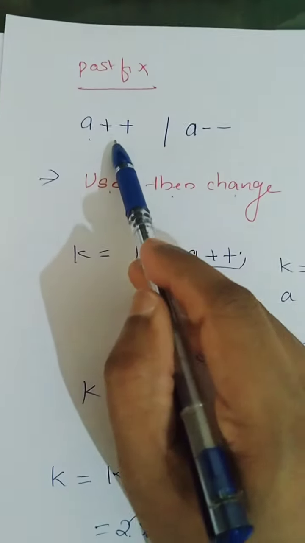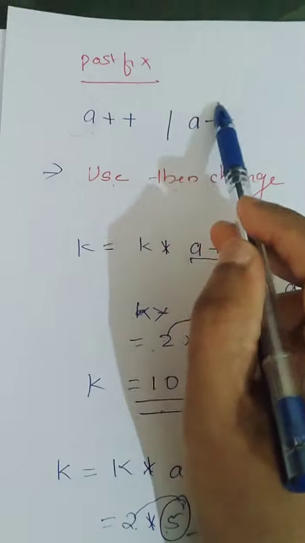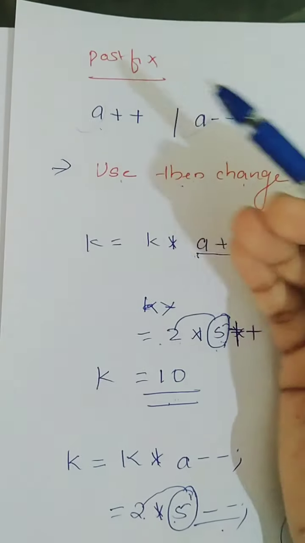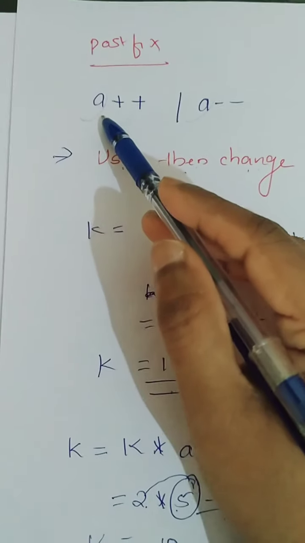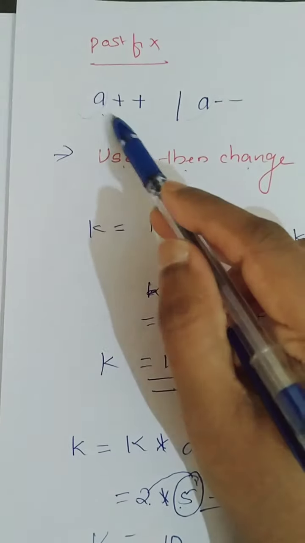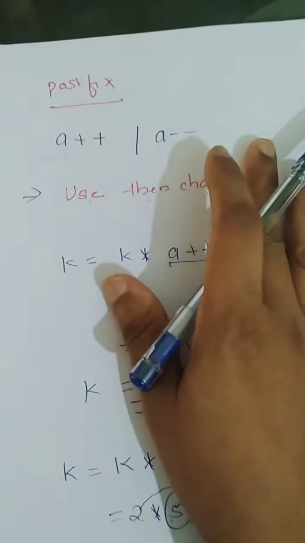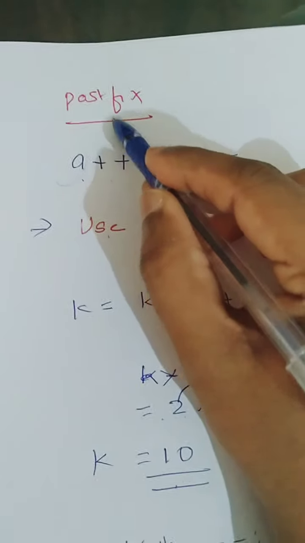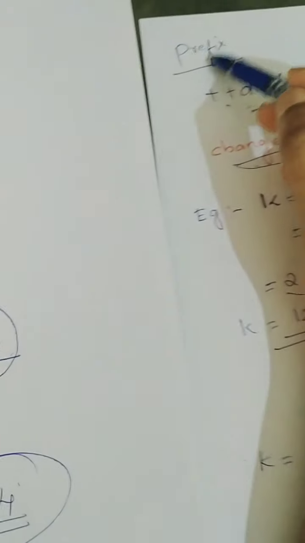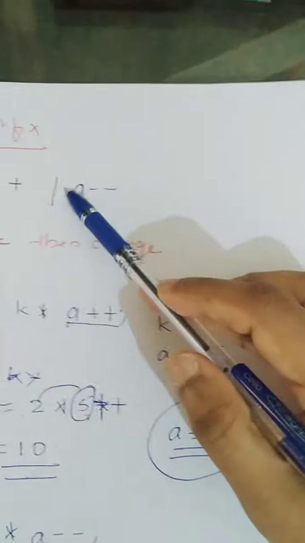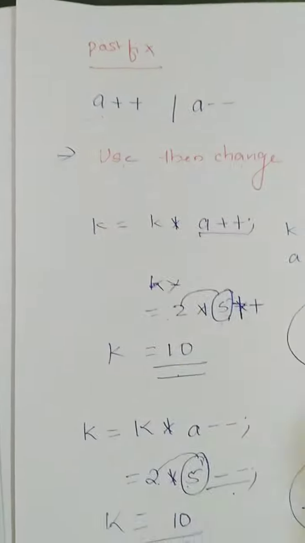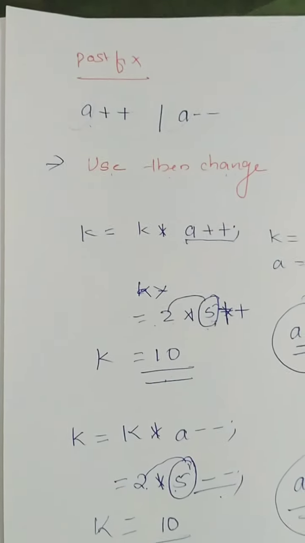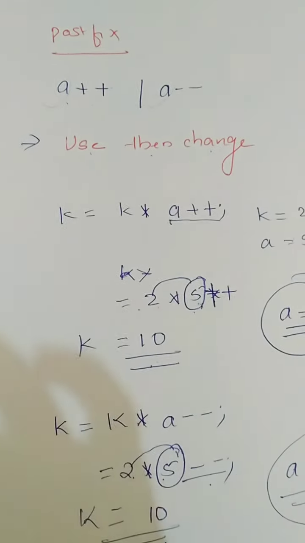Since it is used with a single operand, it comes under unary operators. What is a unary operator? The unary operators are operators that have only one single operand. Here since there is only a single operand, it is known as a unary operator, and postfix has higher priority than the prefix. Postfix increment or decrement operator has higher priority than the prefix operator.